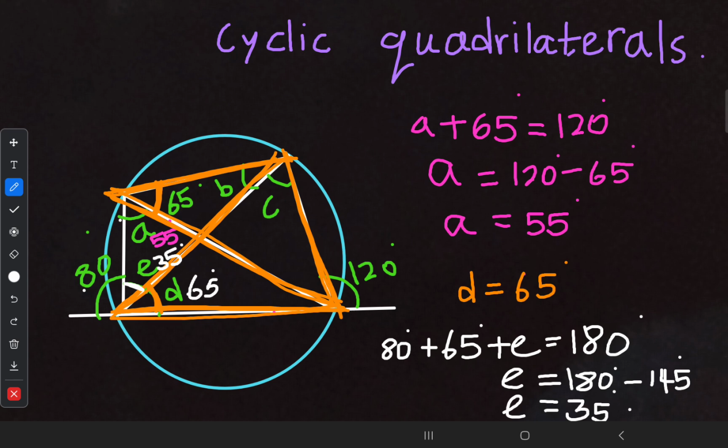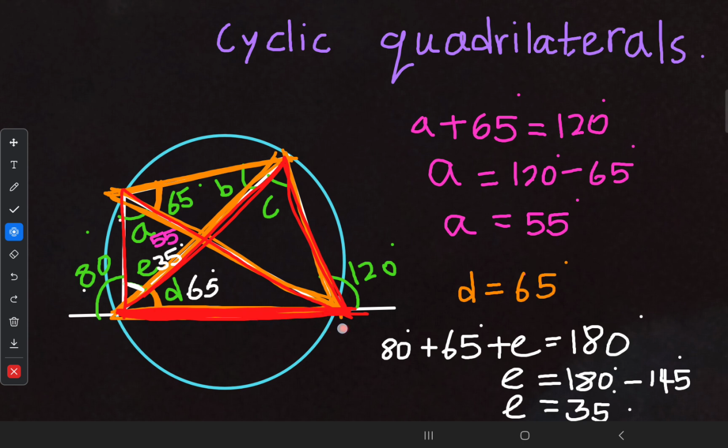Similarly, remaining we need to find B and C. To find C, look at this picture. This is a chord. This chord is creating two triangles in the circumference of the circle, one and two. So their angles created